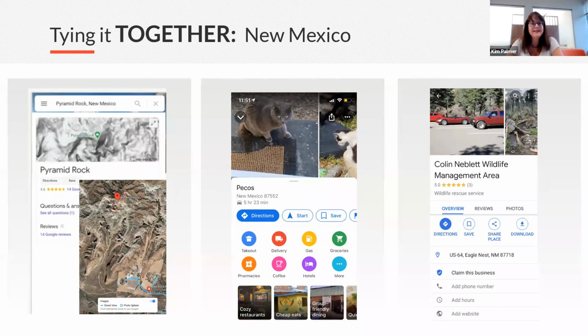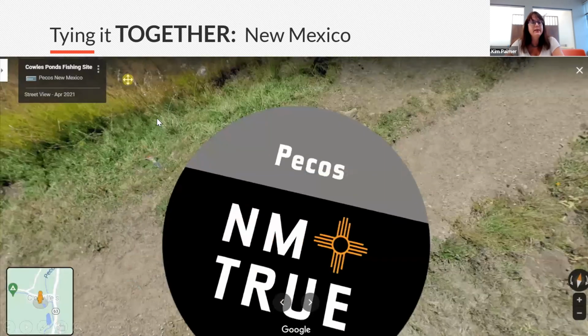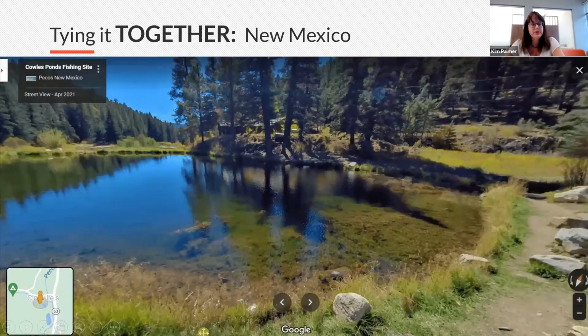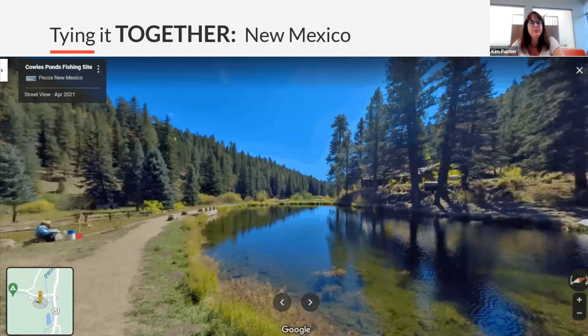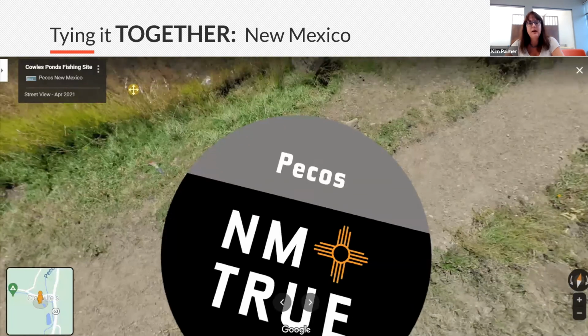As much as I love cats, I think these kitties were probably not the best initial representation of Pecos, New Mexico. And many of the beautiful outdoor areas were really being represented by their parking lots and trail signs and not by their really vibrant, beautiful visuals. Through working together with the 32 DMOs, we evaluated over 4,000 business profiles and helped to upskill those businesses.